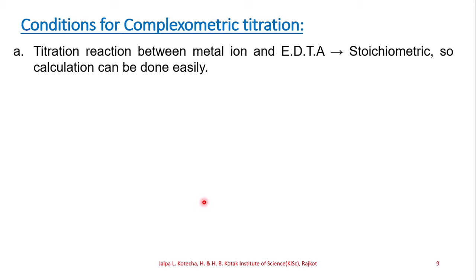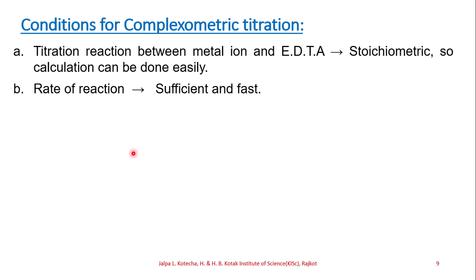Say for example, in Haber's process, for the synthesis of ammonia, it is actually nitrogen plus hydrogen giving ammonia, right? Whatever number of moles are used, that many moles consequently give the product. So that is a ratio, it should be a balanced ratio. Stoichiometry means the relationship between the reactant and product which is in a balanced form. This is required so that the calculation can be done easily.